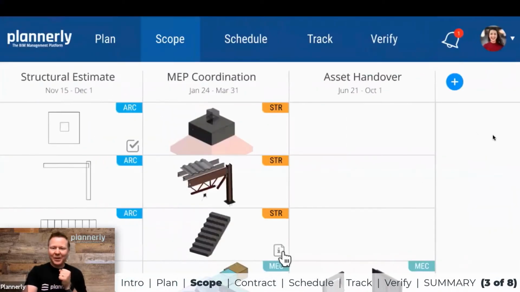Okay, so we've covered the plan. The plan was creating the documents and following those standards and using the templates out of the box. The scope that we've just defined is defining who needs to do what and when. Now,